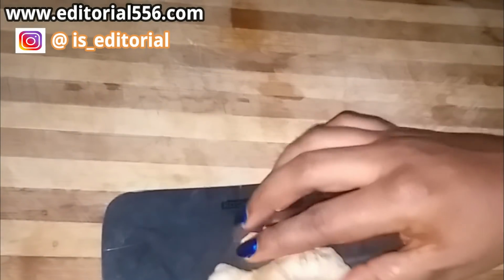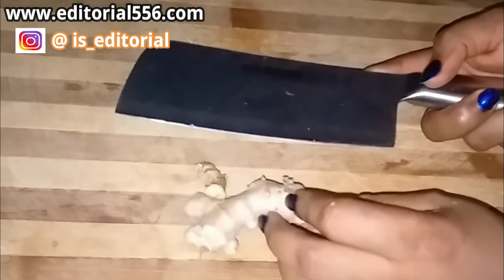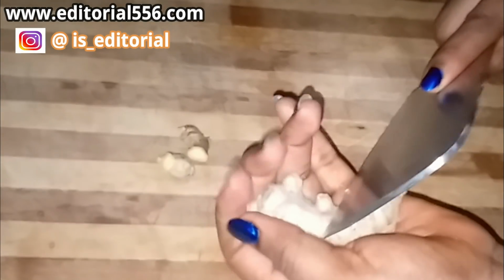And now let's go. For an effective belly fat remedy, you're gonna be needing to use garlic. All right, now garlic is very effective for this home remedy because it helps so much for the skin. All right, so I had to use this big knife because I can't find some of my small knife. I don't even know where they are right now. So I know some of you guys are going to leave the video and comment about this big knife. So I'm actually going to be using it to scrape this